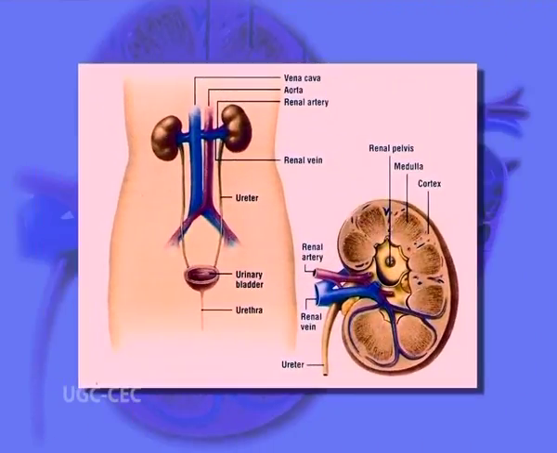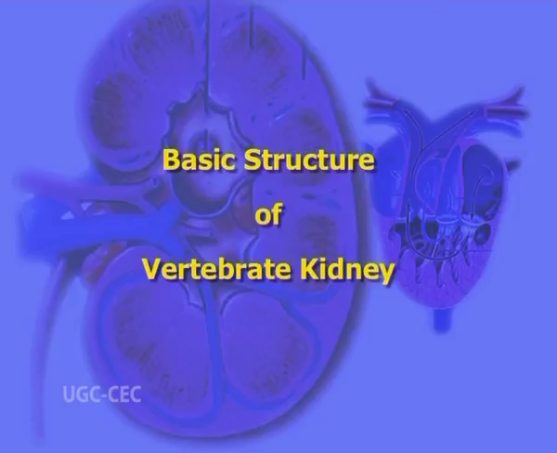In higher groups, the main excretory system of vertebrate is kidney. A pair of kidney is present in every vertebrate lying dorsal to the coelom in trunk region, one on either side of dorsal aorta. They are all built in accordance with a basic pattern. Let's learn this basic pattern of vertebrate kidney.